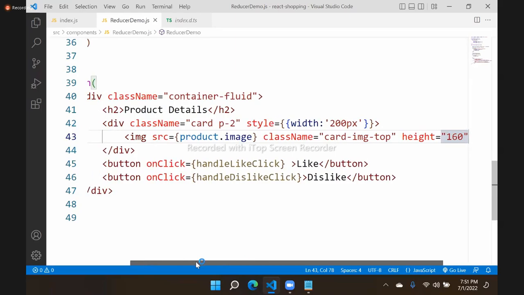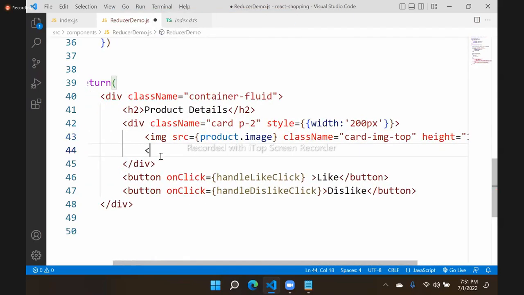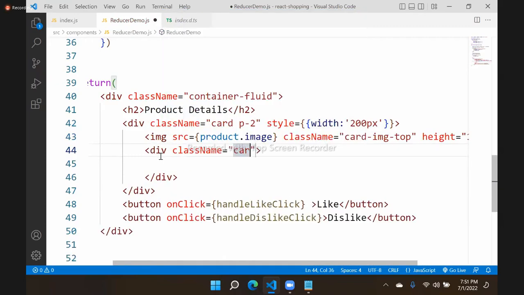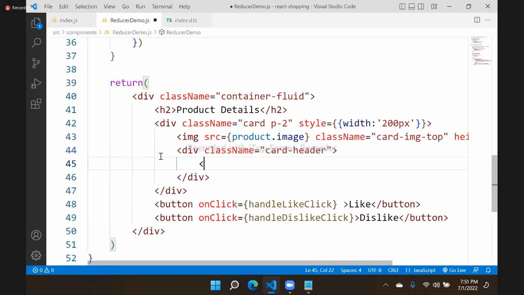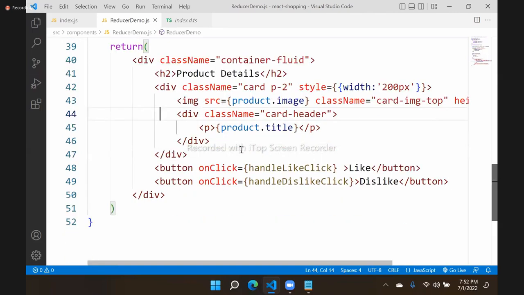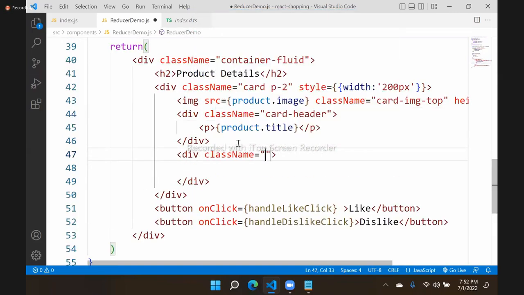Below this I will put the title div, class name card-body or card-header, and here I will put the title. So the product title I am displaying here, and in the card footer div, class name card-footer,